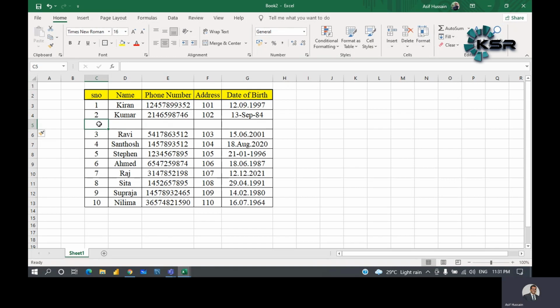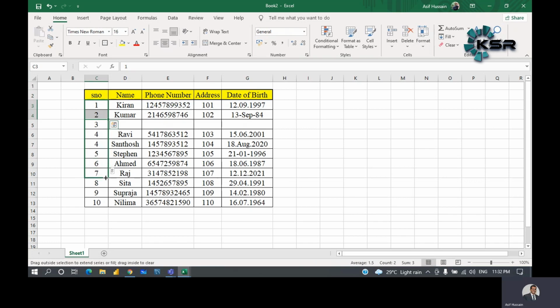Now, instead of typing serial number 3 and again changing it to serial number 4, MS Excel has given us a wonderful opportunity. Just select the first two serial numbers, and place your cursor at the bottom right corner of these two green color boxes. Here you can see the plus symbol, not bold, a black color plus symbol near the bottom right side.